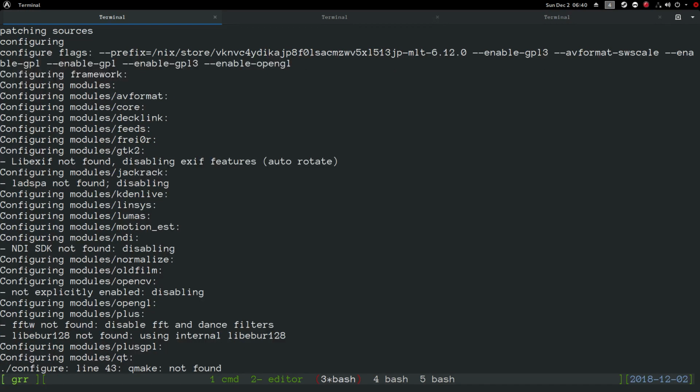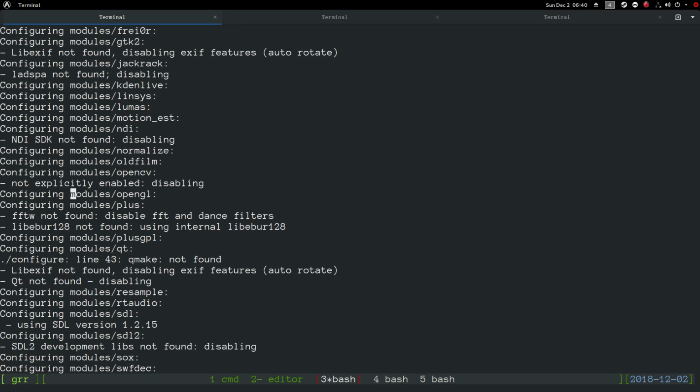NDI, what's NDI, I wonder? Oh, that's easy to fix. FFTW. FFTW is in Nix packages, so that's easy. I don't know what, oh, okay, internal. Don't really care about that. QMake not found. QT,